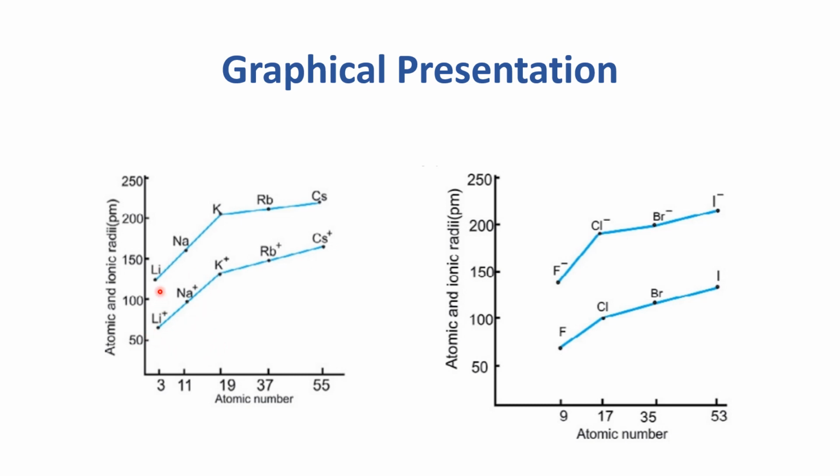You can see along a group lithium, then sodium, potassium, rubidium और cesium size जो है वो increase हो रहा है. Similarly for the negative ions भी size increase हो रहा है. लेकिन यहाँ पे we have neutral atoms और यहाँ पे we have cations. तो cations का size जो है वो neutral atoms की निस्बत कम है, जबकि यहाँ पे we have neutral atoms